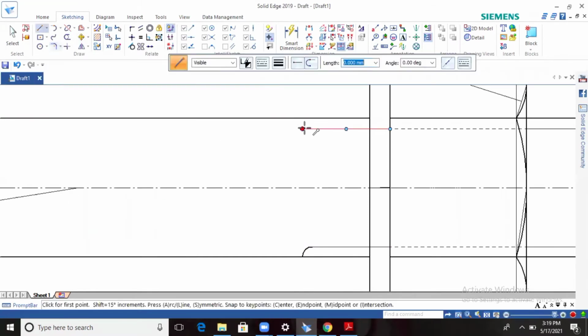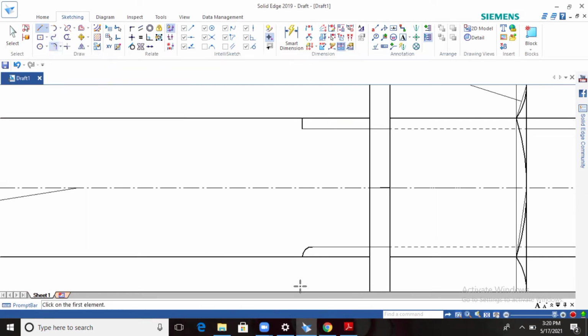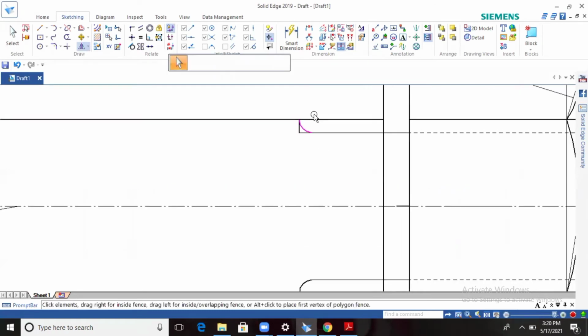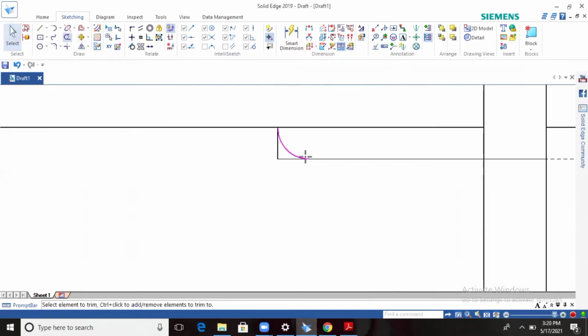Here you need another line. So look at this one. Draw it like this. After this go for the fillet command. Otherwise you can go for the mirror option. Mirror this one up to the axis line, mirror it directly.